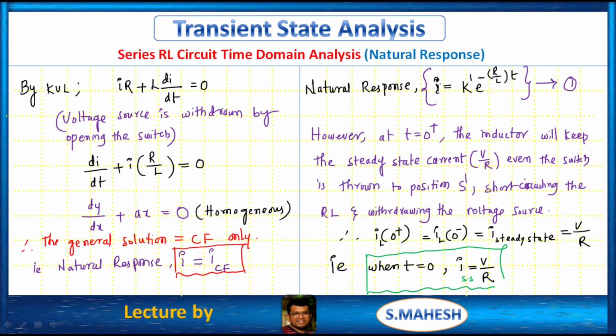That is the current we have to consider. When t equals 0, I equals V by R. Then substitute this condition in